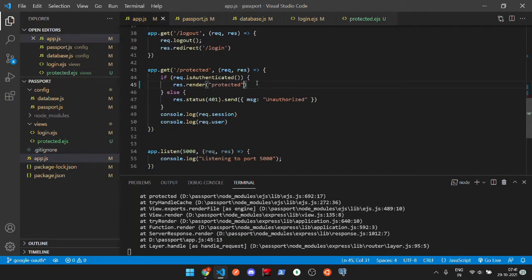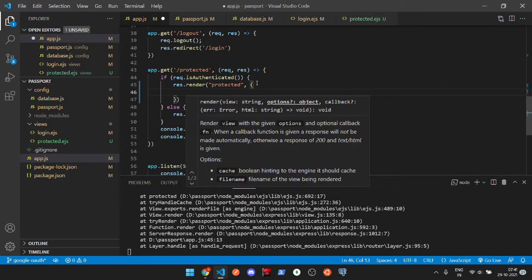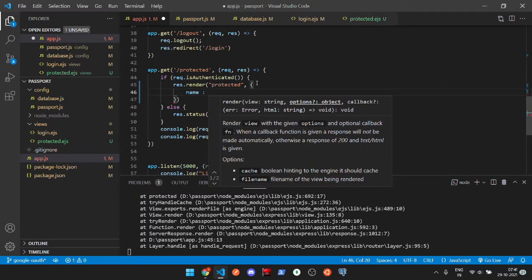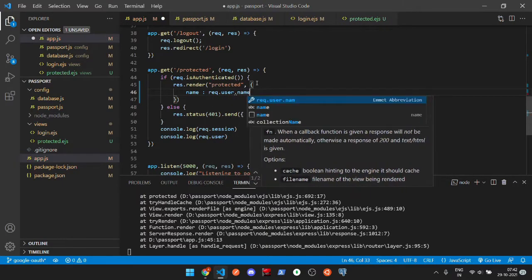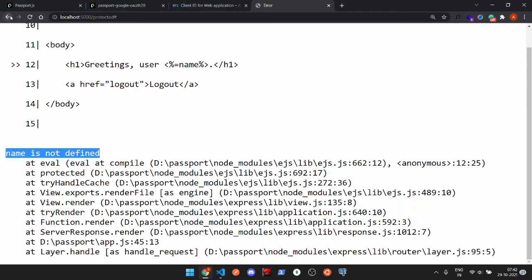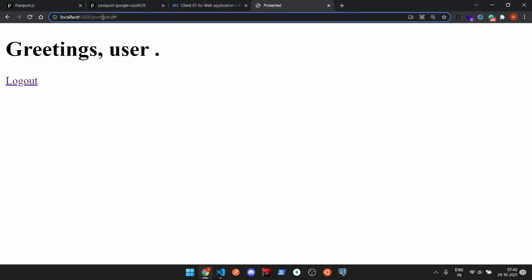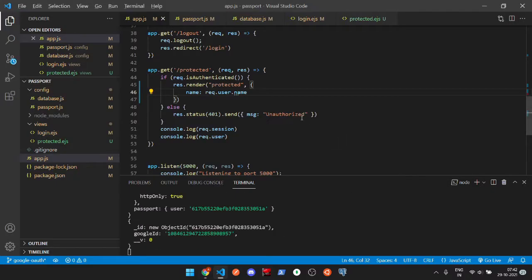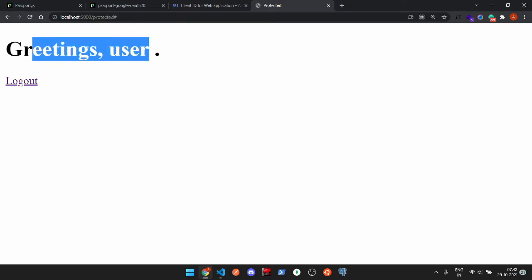So we'll just add a few variables here. We need name for now, so we'll just add the name variable. Now if I try to go back and sign in through this account, I get redirected to this page. This is the protected route that we created. I also have this logout button. Now actually I should have gotten the user name over here.